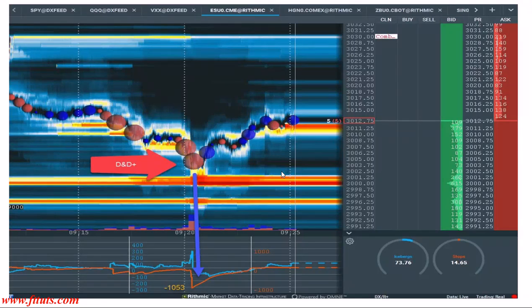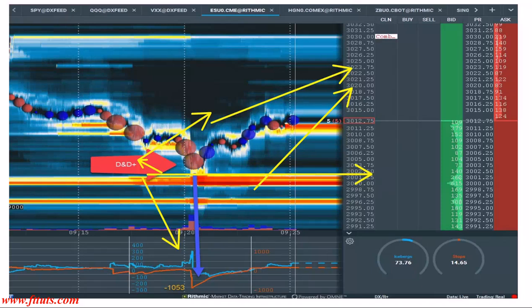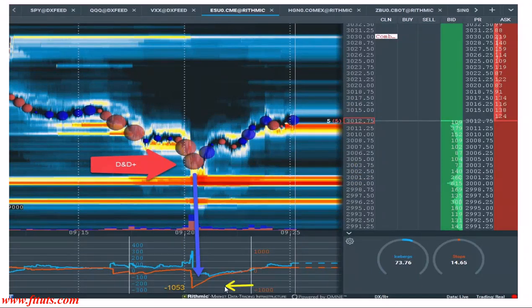This was a 1,000 lot stop here. Let's see. So you have this here. As soon as you see the buyers come in, you're in. Your stop goes below here. And many times too, you can even put your stop